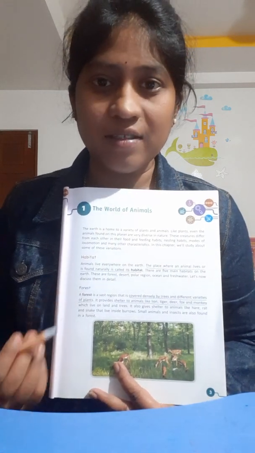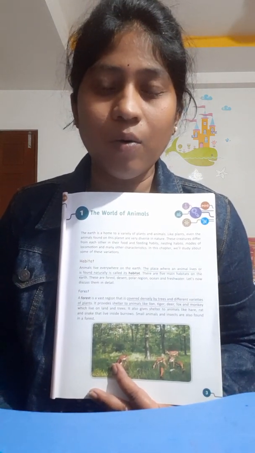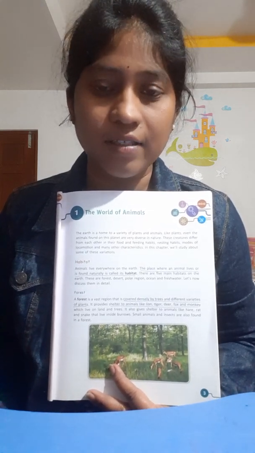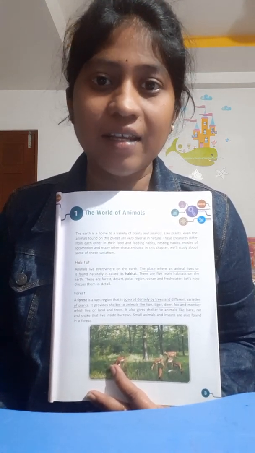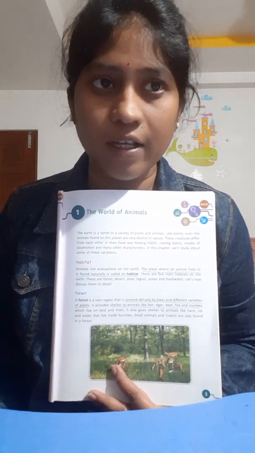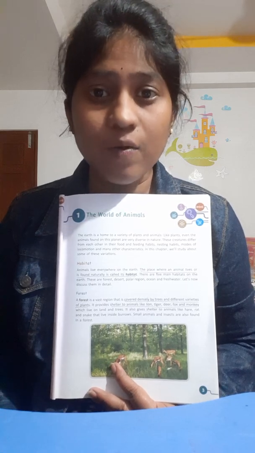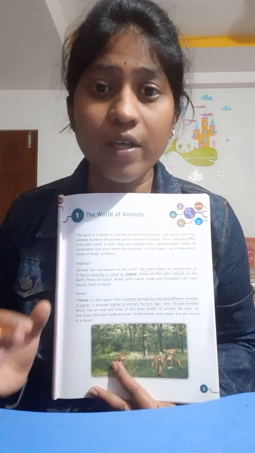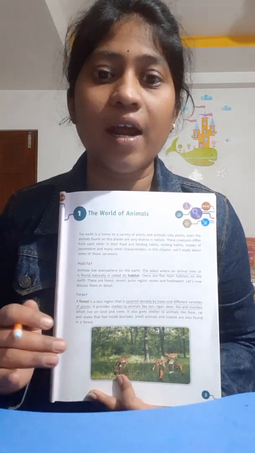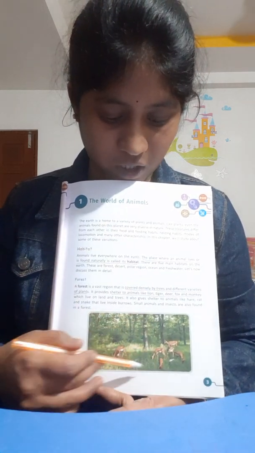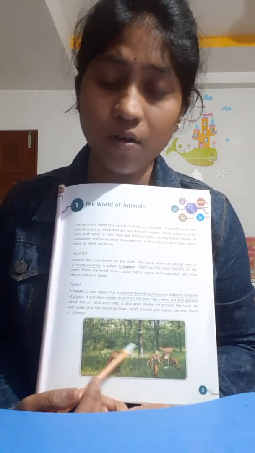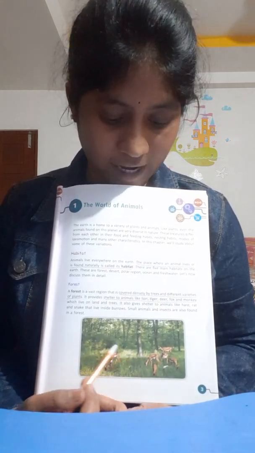So what is forest? We all know what lives in forest. It is wild animals which live in forest. Wild animals like lion, elephant, cheetah, deer, everything will live in forest. Forest is an area which is covered densely with plants and trees. You can see a variety of plants and a variety of trees. So you can see in this picture there are so many deer grazing, and also a variety of trees and